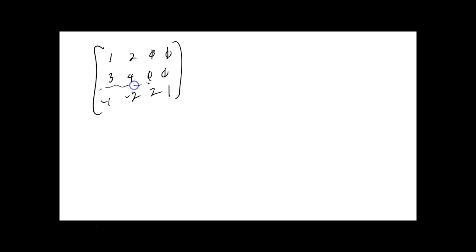I mean, here he just does this. What if you have a matrix, 1, 2, 0, 0, 3, 4, 0, 0, and minus 1, minus 2, 2, 1. Okay, a fairly interesting sounding matrix. And then they say, well, what if we partition it this way? A blue line there and a blue line here. Okay? Fine. Well, one thing you've done, you've separated these zero elements all to themselves,